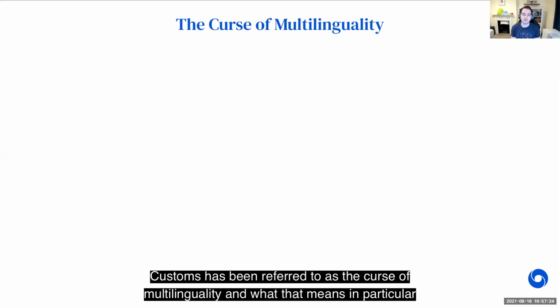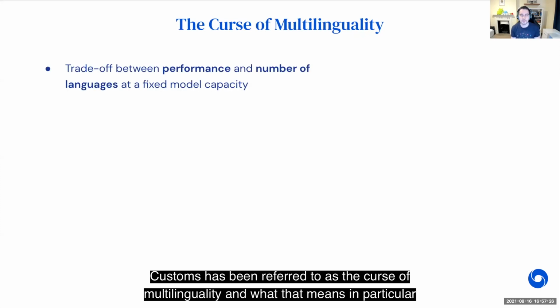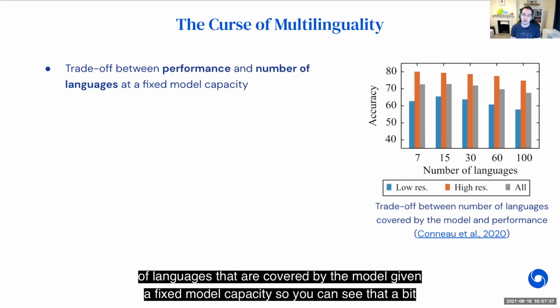This challenge has been referred to as the curse of multilinguality. What that means in particular is the trade-off between the performance of the model on the different languages and the number of languages that are covered by the model, given a fixed model capacity. You can see that a bit more clearly with this graph here, which plots the performance on one of